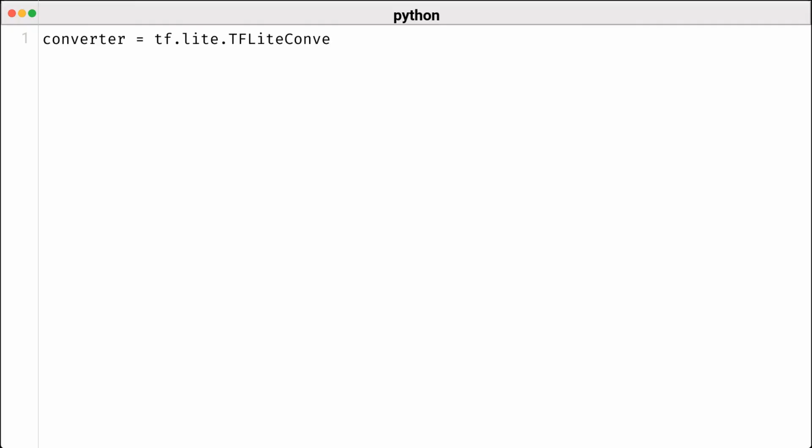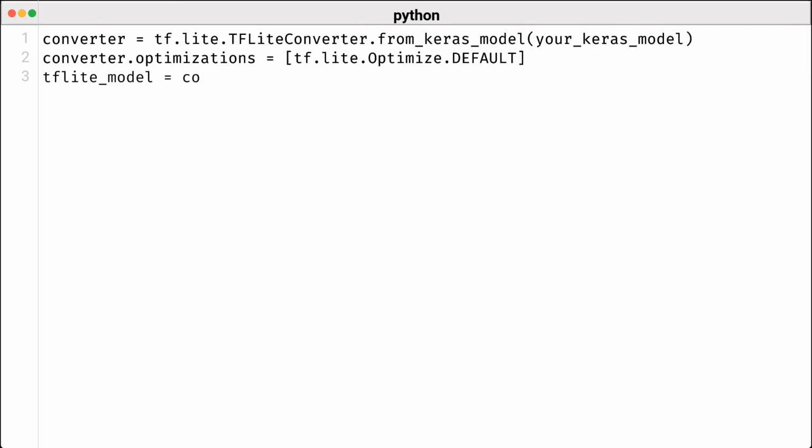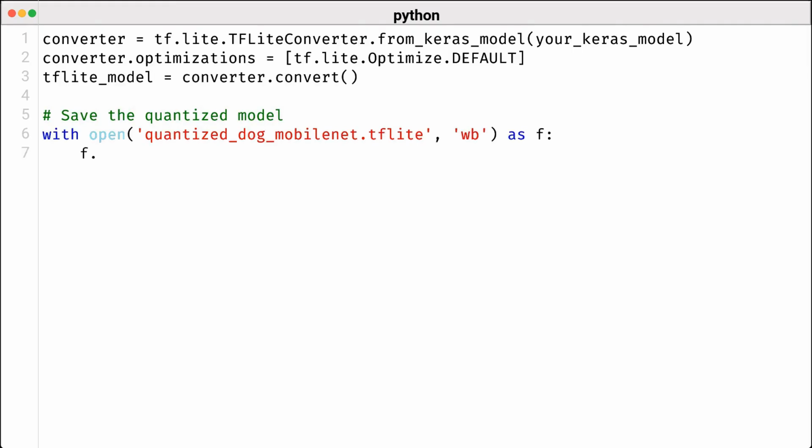In the code snippet, we start by utilizing the TF-Lite converter to transform our trained Keras model into a TensorFlow Lite format, which is essential for mobile deployment. To achieve quantization, we set the optimizations attribute of the converter to TF-Lite optimize default. This instructs the converter to apply the default optimization techniques, which include reducing the model's precision from floating point to integer representation. This transformation significantly decreases the model size and enhances inference speed, making it particularly advantageous for mobile devices